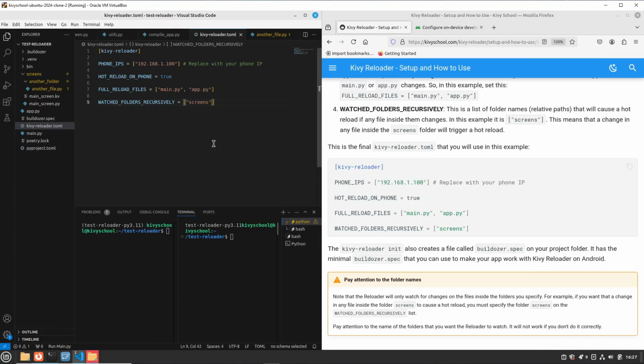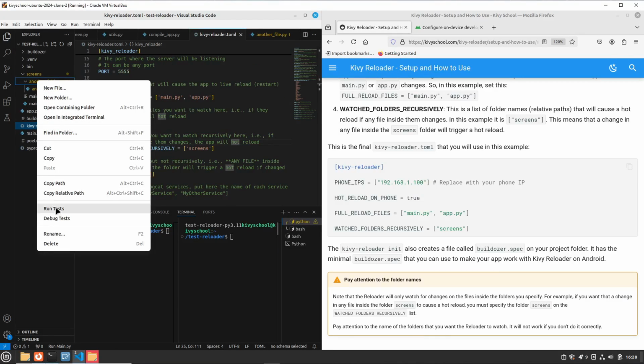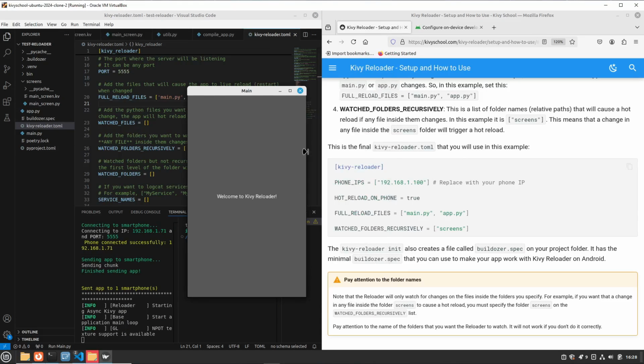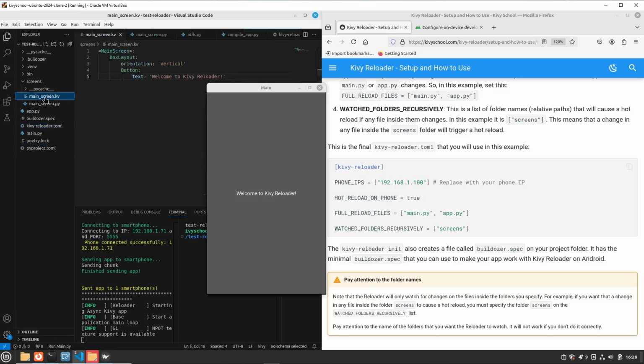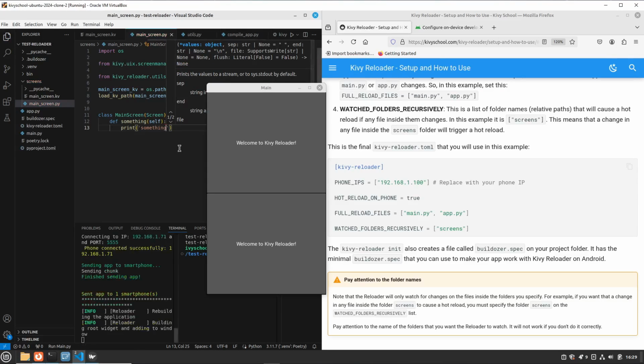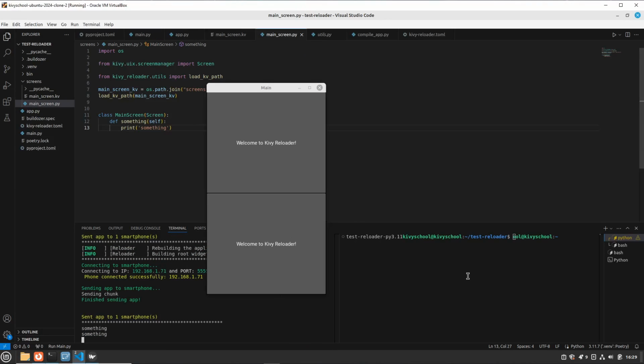You could copy and paste here because all these constants here have default values. So if you do not put anything, we already have them configured for you. So let's delete this folder and then let's run the application. So as you can see now, the welcome to Kivy Reloader. If I go here and add another button, it reloads instantly. So let's put here, let's say home price root something, and then here let's put something. Okay, let's Control S, and then when you click, it's already working. But let's see also on the phone.